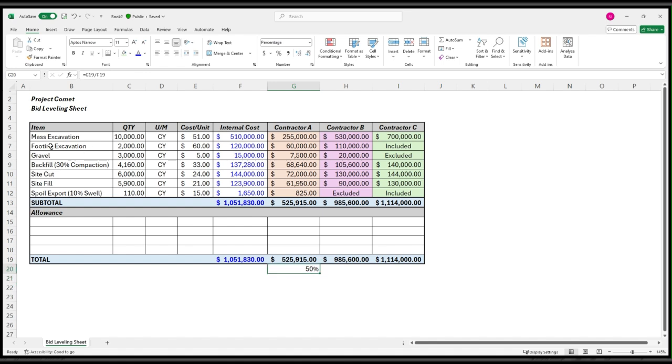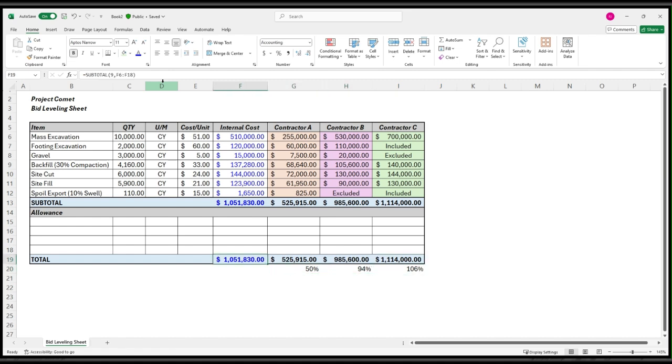And so we're going to highlight this F19 in the formula bar, and we're going to press F4. And so now it's $F$19. And then now what we can do here is click this G20 cell and shift, and then press arrow to the right, and then Control R. And now